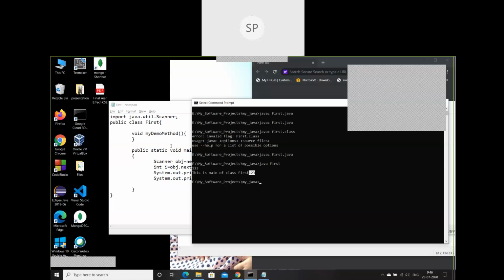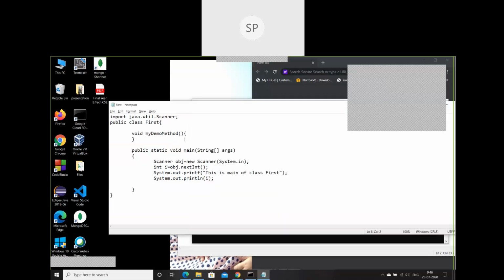Now, where to find the methods? We are not God to remember all the methods which are present inside Scanner. There are roughly 6,000 classes till JDK 8, and each class probably has a minimum of 20 or 30 methods. So there are 6,000 classes, each class has 20